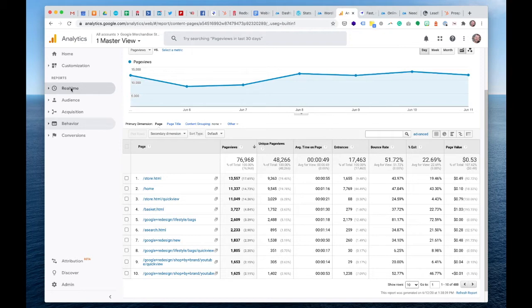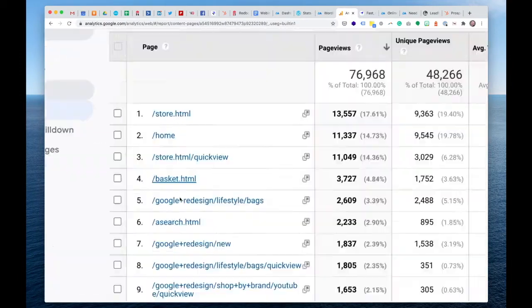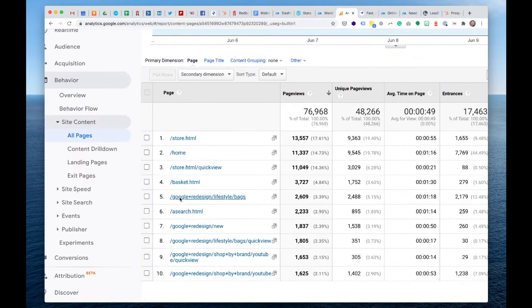Okay, right, for one thing, I'm just going to go to one section which I always quite like. Let's go to, I'm already on it, of course, all pages. This report says, okay, let's just look at the most popular pages across the whole website and rank them in order. Maybe I will try and zoom in a little bit here. Oh, it's a bit too zoomed. Okay, that's not too bad.